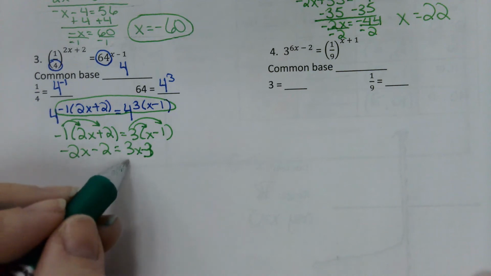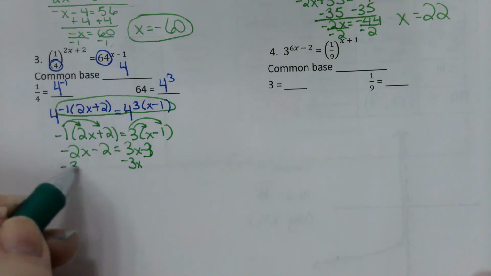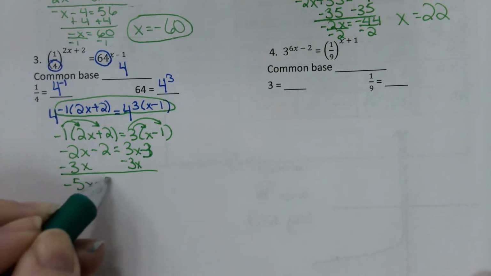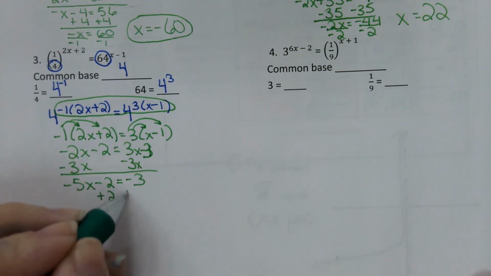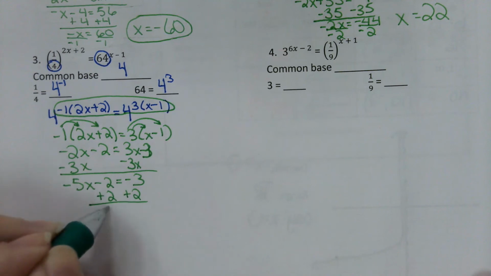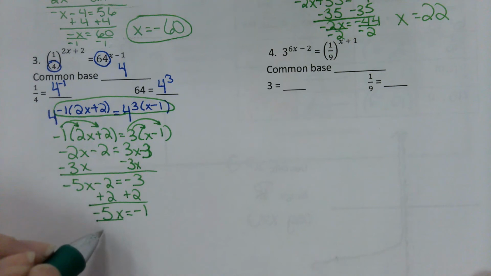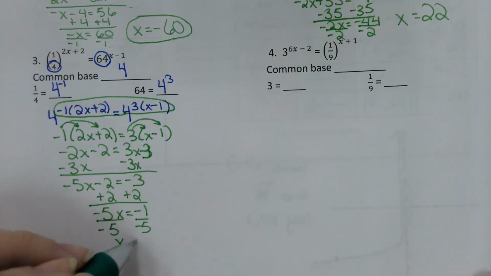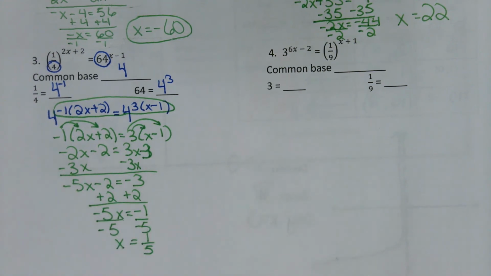Now to solve it, we'll subtract 3x from both sides. Negative 5x minus 2 equals negative 3. Add 2 to both sides. Negative 5x equals negative 1. And then finally, we'll divide by negative 5 on both sides, giving us that x equals positive 1/5. Check it on your calculator to make sure that it is correct,